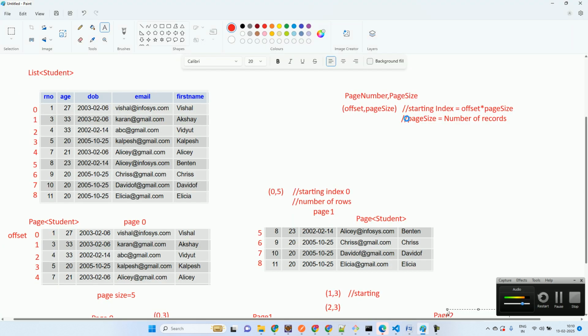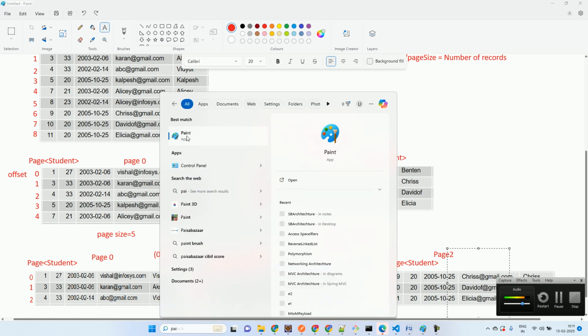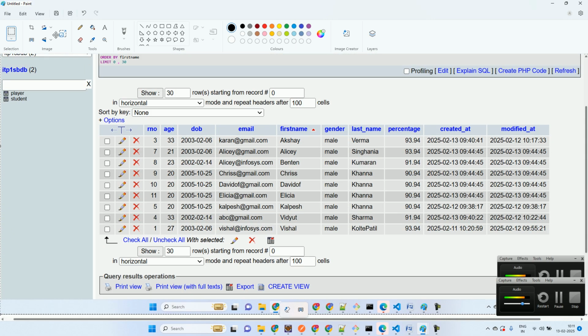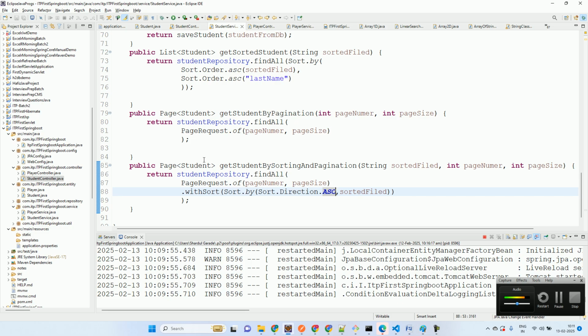अब मैं इसका प्रिंट स्क्रीन लेता हूँ और इसको पेस्ट करता हूँ। राइट, ओके, चलो यही कर लेते। सो अभी मैं करता हूँ 0,4, तो क्या आएगा? 0,4 में क्या आएगा? कौन कौन आएगा? अक्षय, एलिस, बेंटन और क्रिस, है ना। और सॉर्टिंग किस पे करना है? फर्स्ट नेम, ठीक है। तो अभी इसको बना लेते हैं एक, और पैरामीटर पहले सॉर्टिंग फील्ड पास कर रहा हूँ, ठीक है ना।